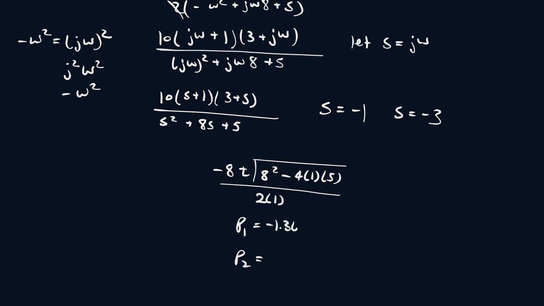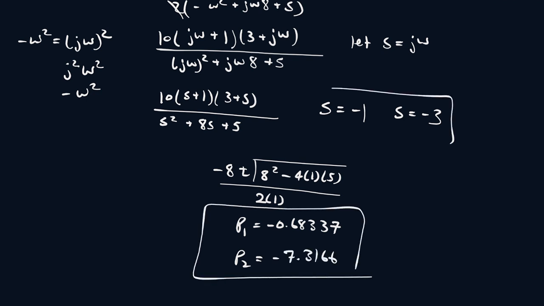So I get minus 1.3667. Wait, sorry, let me try that again. Sorry, minus 0.68337. I forgot to divide it by 2. And we also get minus 7.3166. So these are your poles and these are your